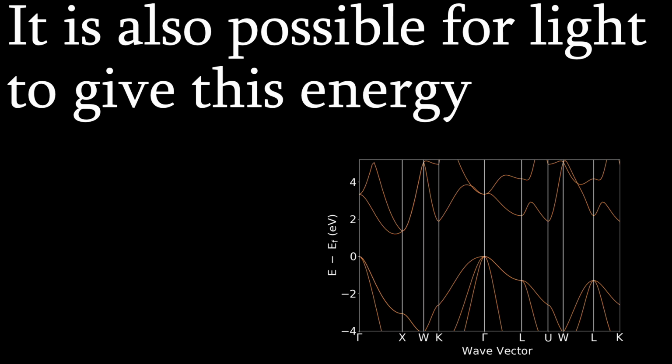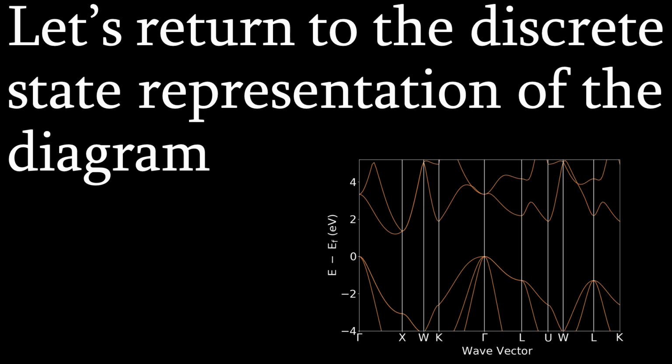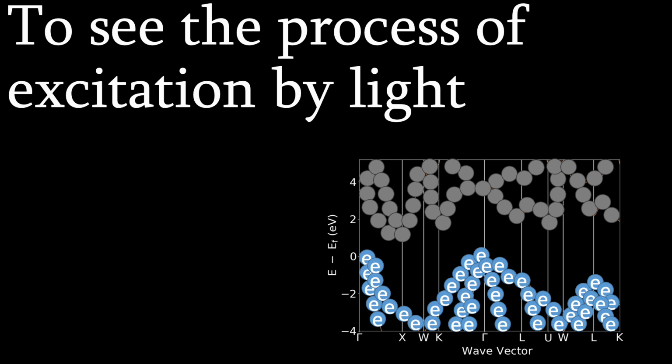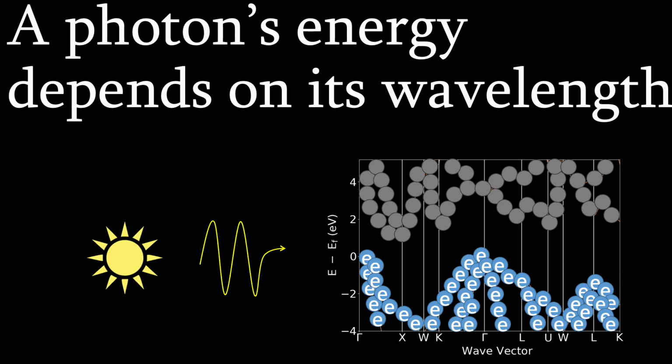It is also possible for light to give this energy. Photons are the messenger particle of the electromagnetic force, after all. Let's return to the discrete state representation of the band diagram to see the process of excitation by light. Firstly, light arrives to the material as photons. A photon's energy depends on its wavelength,